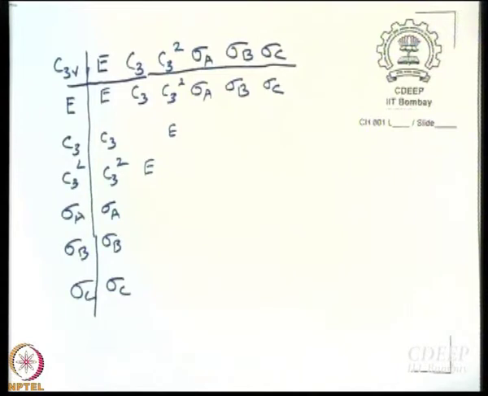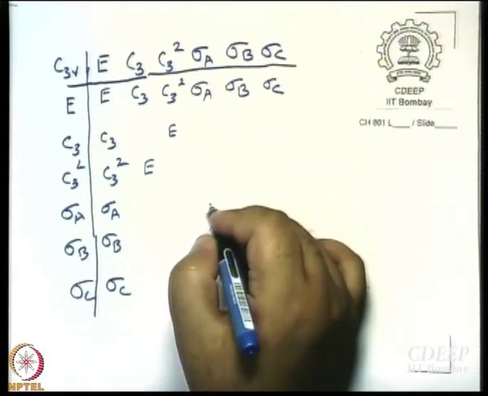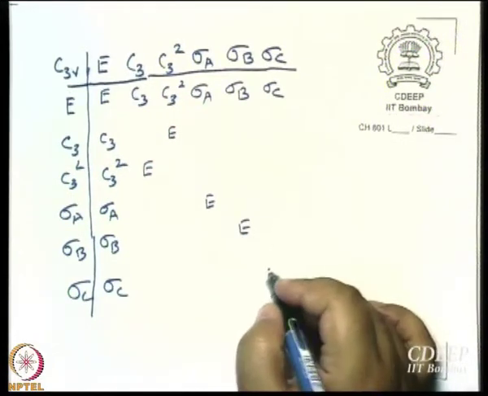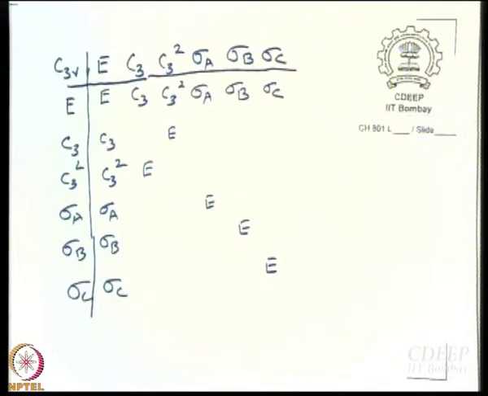Sure? Yeah. Sigma B sigma B, sigma C sigma C, E. So I worked out so many, now you work out the rest. I worked out all the difficult ones. Work it out, you will see that you will be able to write something, one among these. We have already demonstrated one. So please try this out yourself and convince yourself that at least for C3v, the property of closure is satisfied by the set of symmetry operations.